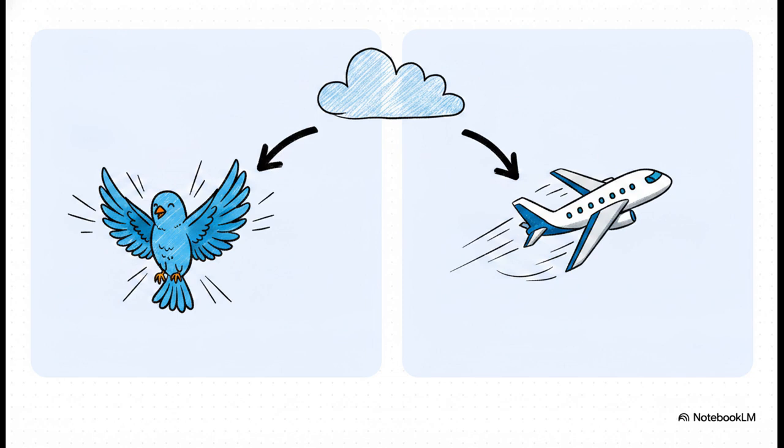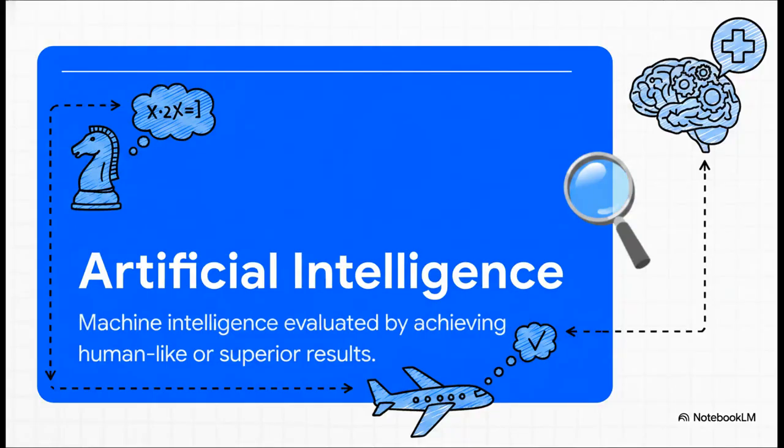You see, for centuries, humans wanted to fly, right? And the earliest attempts literally just tried to copy nature. Inventors would strap on wings and try to flap them like a bird. But we didn't achieve artificial flight by perfectly replicating a bird's flapping wings. No way. We did it by mastering the end result, staying up in the air using totally different mechanics, like aerodynamics and fixed wings. The airplane flies incredibly well, even though its engine and wings look absolutely nothing like a bird. And honestly, that perfectly illustrates our definition of artificial intelligence.